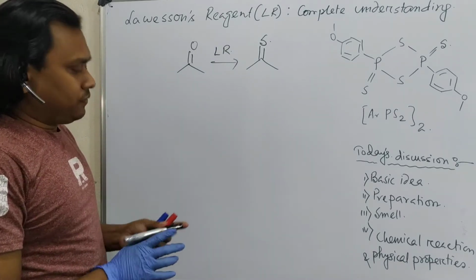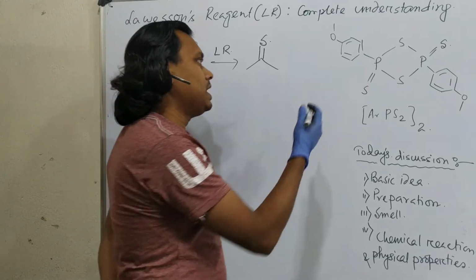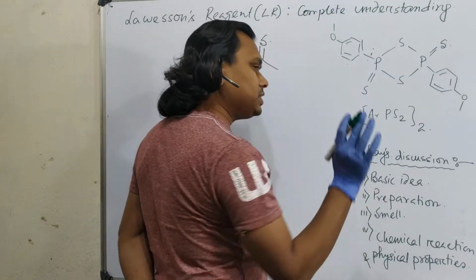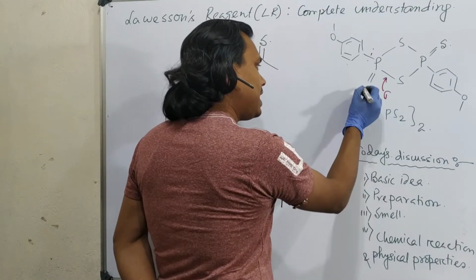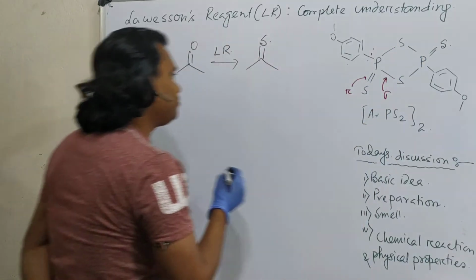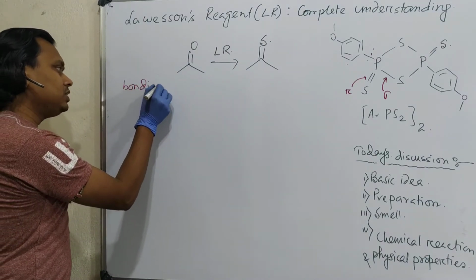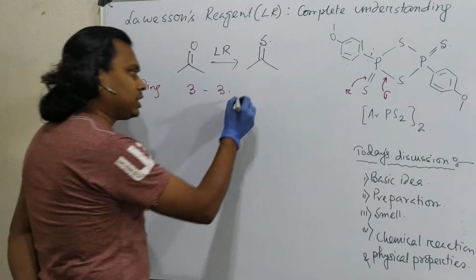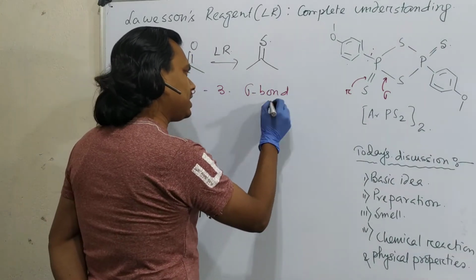First of all, from this structure, what do you think its properties are expected to be? Phosphorus is attached to an electron-rich arene, and this bond is pretty strong. But the phosphorus-sulfur bond here is a sigma bond, meaning a single bond, and here there is one pi bond, in a bridge fashion. So from this understanding, this bonding involves a third row element. A third row sigma bond we can consider stronger, relatively enough strong.